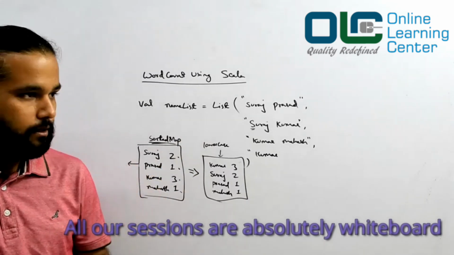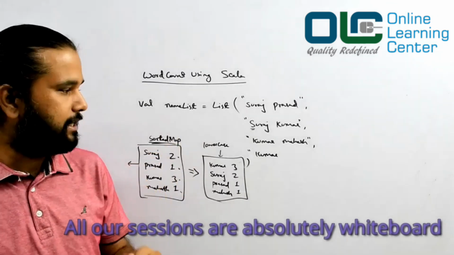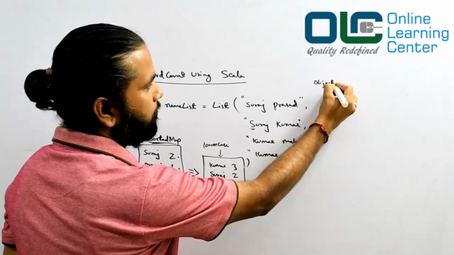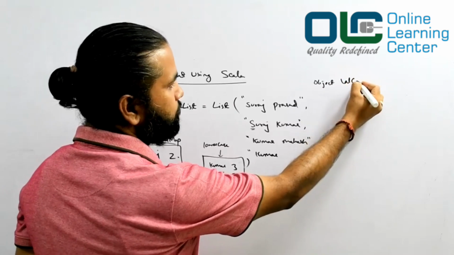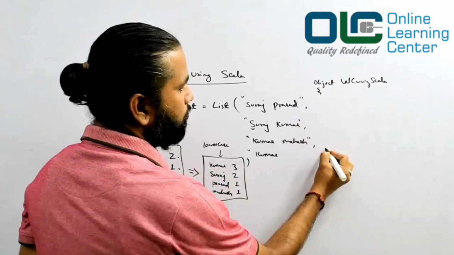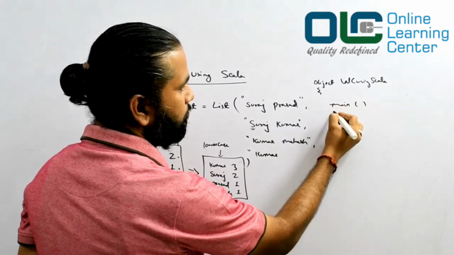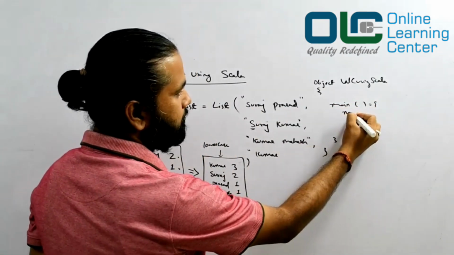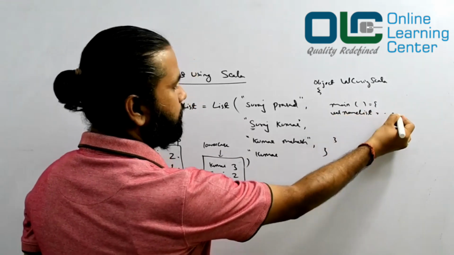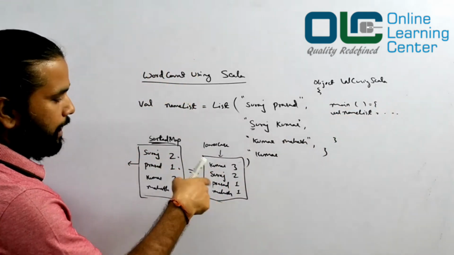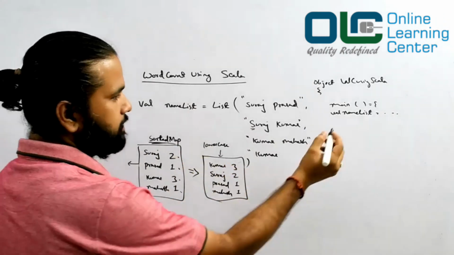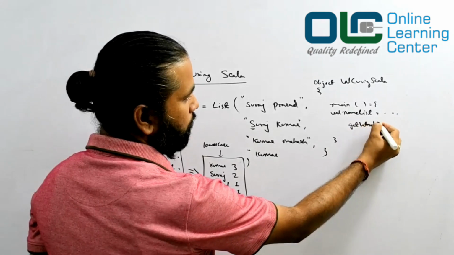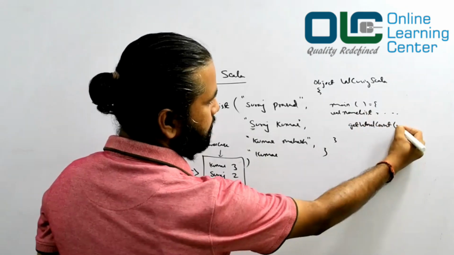It's very simple. Now I want you to design your classes like this. Say you have an object WordCount, using Scala, and you'll have a main method here. In this main method, you create this name list, and then you write a function and call it. Let's say the function name is getWordCount, wherein you'll pass this name list.